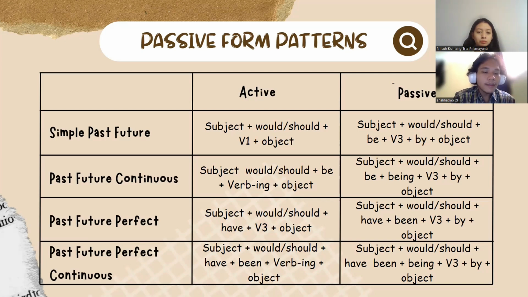And past future perfect continuous active is subject plus would or should plus have plus been plus verb-ing plus object. And a passive is subject plus would or should plus have been plus being plus verb 3 plus by plus object. And next,